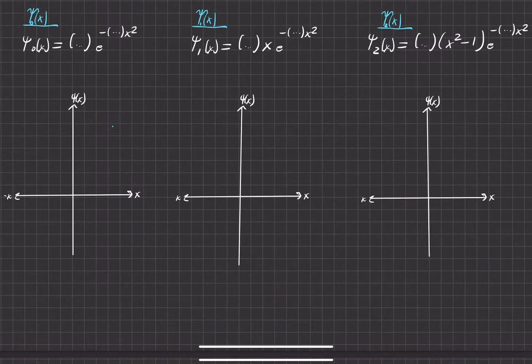In the second part of this question, we need to find out all the different forms of these wave functions that we solved in the first part. So we'll start with the ground state wave function, the spatial portion of the wave function. We found it to be looking something like this, where this parentheses